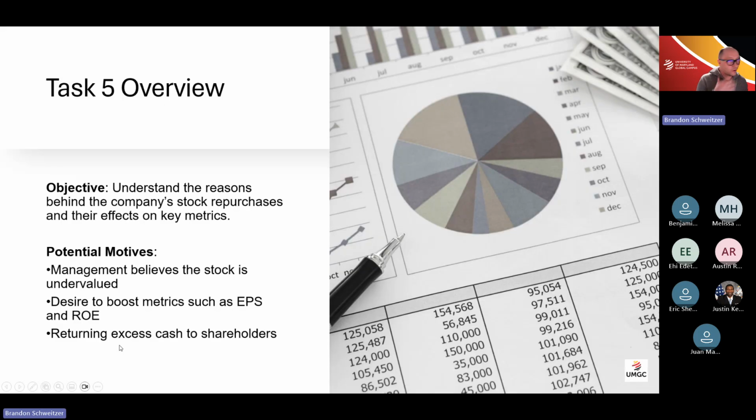The fifth task for this project is to understand the reasons behind the company's stock repurchases and their effects on key metrics. Now, when a company is engaged in a stock repurchase, these are oftentimes called share repurchase programs. They're also called